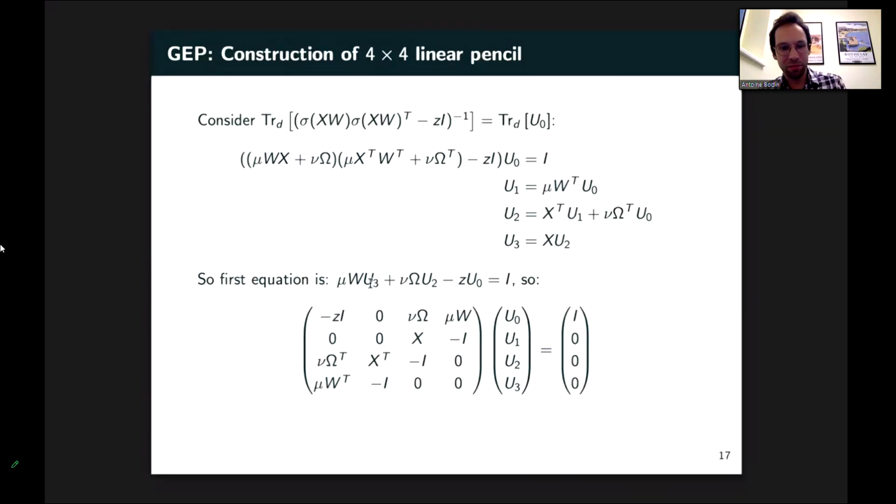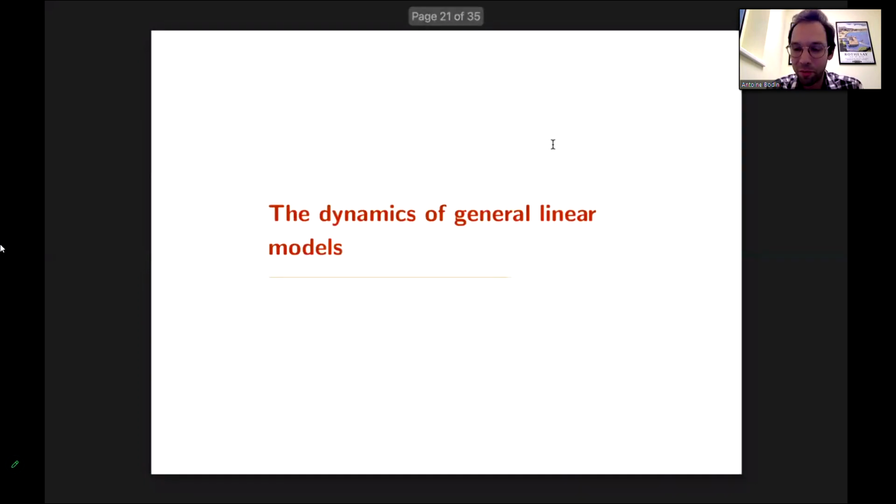All right, so this is the linear pencil method. I hope that you will have more chances to use that in the future. I think it's quite a nice tool to play with. And sometimes I think it's even simpler than using, for instance, the replica method. And just as an example of how it can be used, I'll show you different results that we have achieved in the past using precisely just this result.